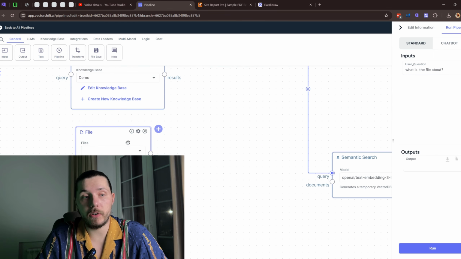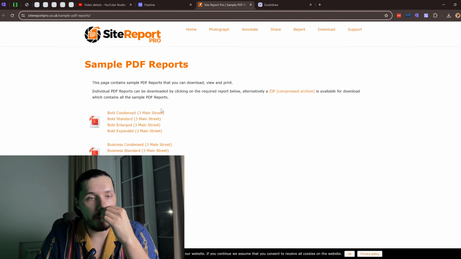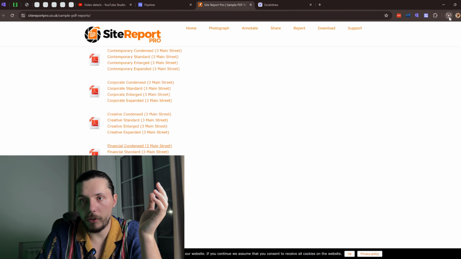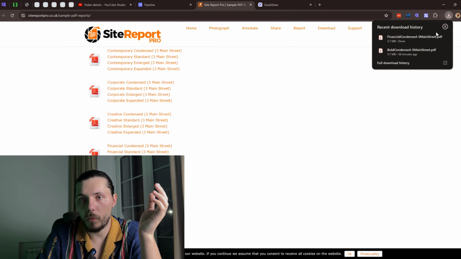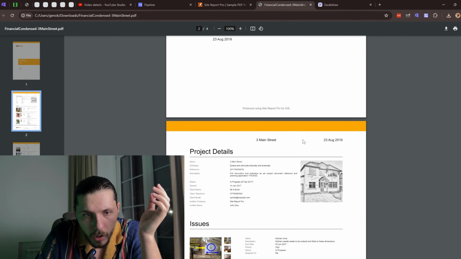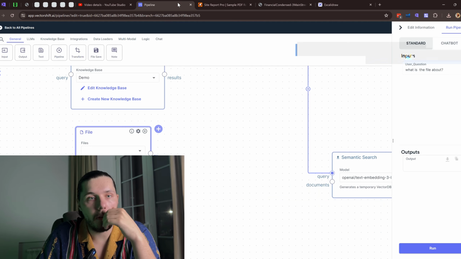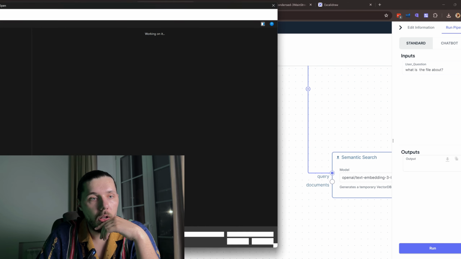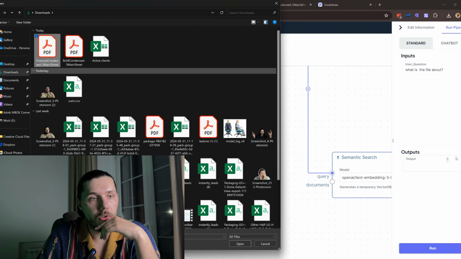Okay, so let me actually show you an example. Let's say there is a file node, and we can upload any file here. I found some random website with different files. So let's just download this one and see what it's all about. Some financial, doesn't matter. It's some sort of report. So if we upload this file to this node,